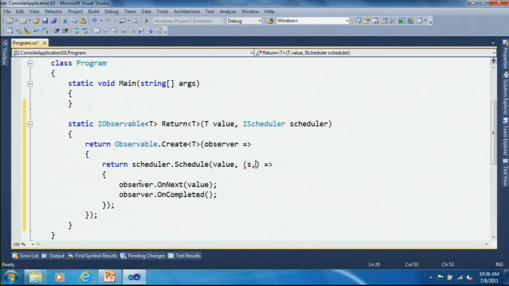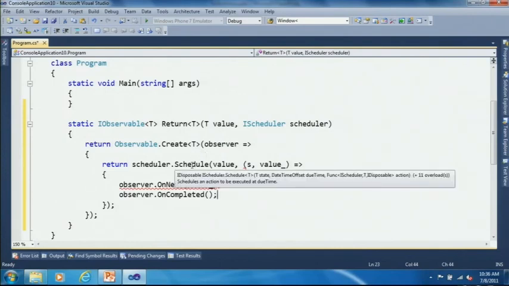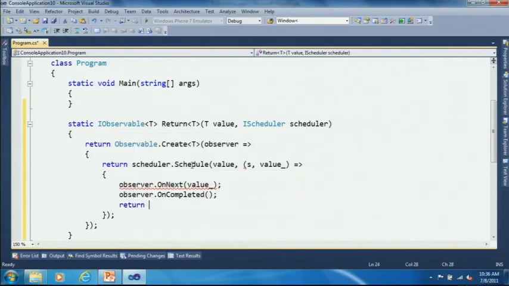So I can get my hands on the scheduler and value underscore, which is the value that got serialized or marshaled across boundaries here. So now I can actually call observer.OnNext of that value underscore. But the only thing I have to do now is, from the schedule method, which has the signature of a function IScheduler, T and IDisposable, return all the work that was recursively done there. In this case, there's no work that's recursively done, so let's go for a trivial implementation again in